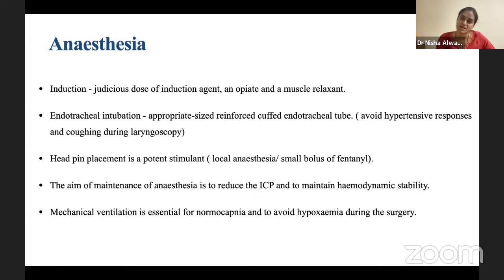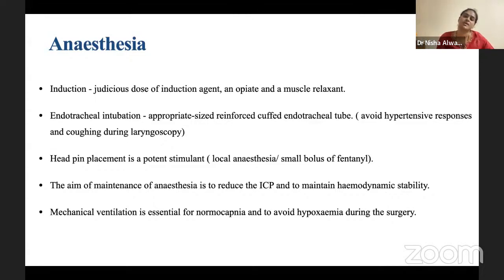So it interferes with the assessment of the neurological status of the patient, that is one. And the other, the patient is very susceptible to hypoventilation and also respiratory embarrassment. Because of these reasons, and there could be an ICP surge also because of the buildup of CO2 which can occur during sleep, unless the patient is under direct monitoring, we don't premedicate the patient. So when the patient comes to the theater, after you have the WHO surgical checklist,